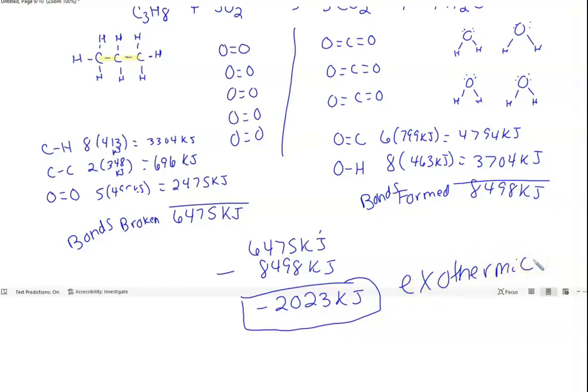And so this is using formations. So if I use heat of formations, no, this is not formations. If I use heat of formations, I take some of the products minus some of the reactants. So right side minus left side. If I'm doing bond stuff, this weird bond stuff, I have to add up all the bonds, and it's broken, which is reactants, minus forming. So it is flipped. It is two different charts. Okay, there's not a lot of these on your homework. Most of them are the other type, but I wanted to make sure I show you there is at least one or two of these on your test. Okay,